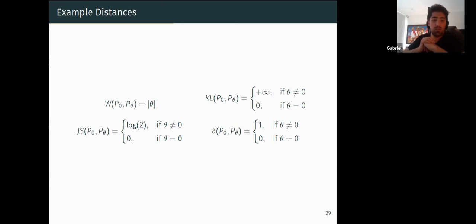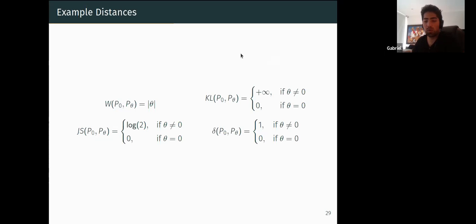I think we can start to see how the way we measure distance or divergence between distributions has an impact on things as important as convergence and actually gradients. If we try to find the gradients on these measures of distance, we'd find that there's not a lot of gradient for Kullback-Leibler divergence or total variation distance, and there's a zero gradient for Jensen-Shannon.